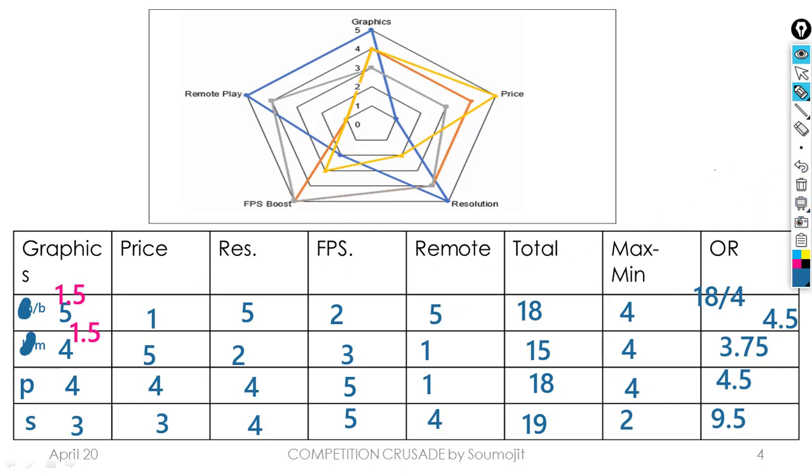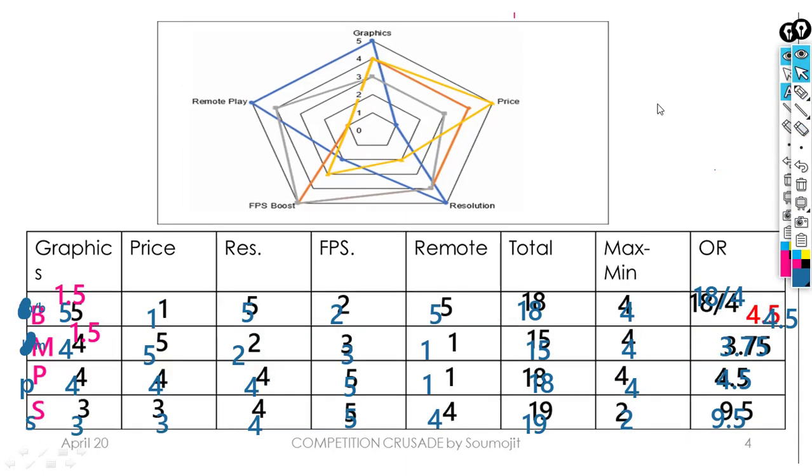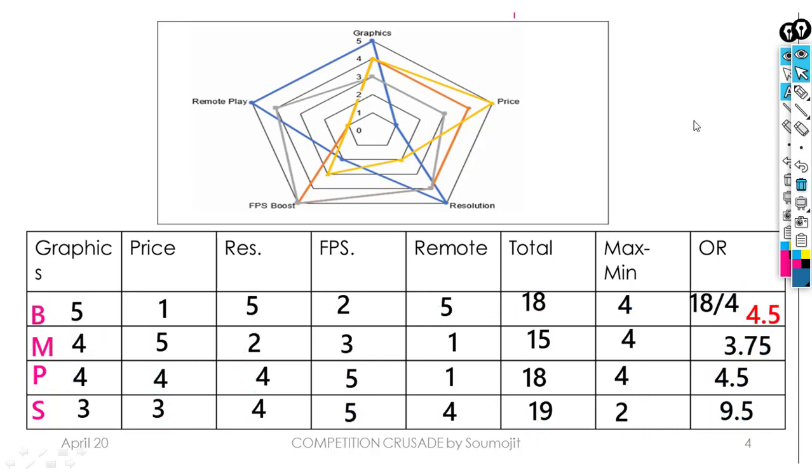So let us proceed to the next slide. I've written everything down. So this is how it looks. I've just solved it the first time, and I took a picture of this. So this is your Nintendo Wii, this is your Mixbox, this is your Pegagen, and this is your Slay Station. I hope this is clear.